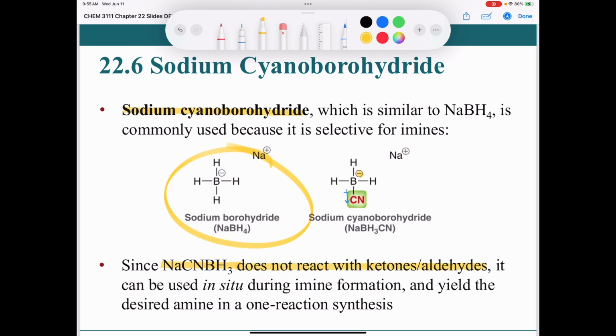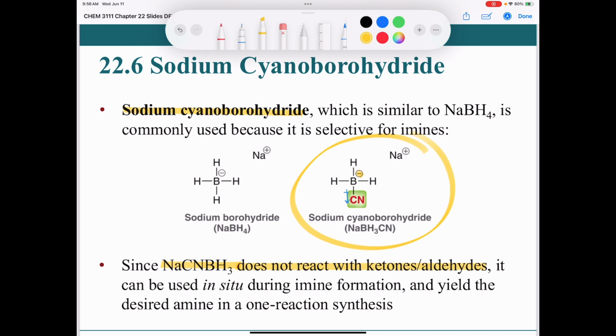Sodium borohydride does, doesn't it? Right? So it's a weaker reducing agent, but it does react with imines. So if you mix this up in the reaction flask with your ketone or your aldehyde, it's not going to touch it. But as soon as the imine is formed, it's going to reduce it. And so the reaction is done in situ. The reduction is done as soon as the imine is formed. The sodium cyanoborohydride comes in and reduces it. So this is a one reaction synthesis. It's a really great thing. You can put everything in the same reaction flask,